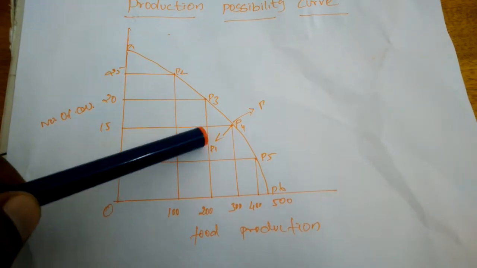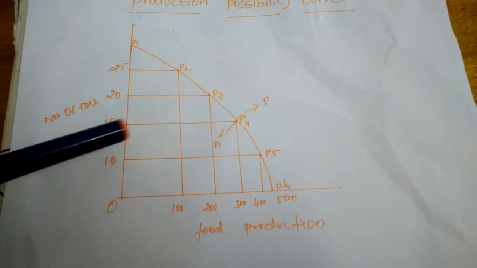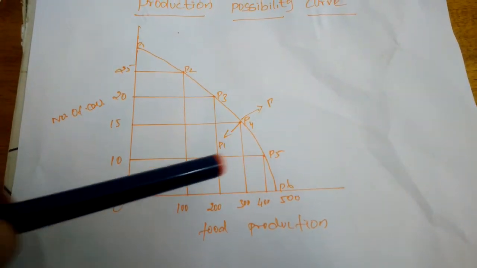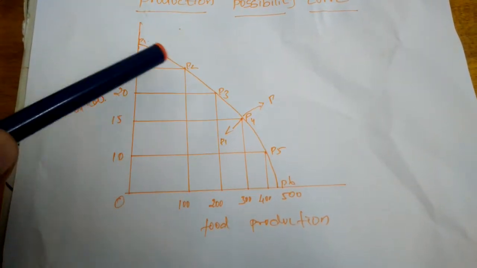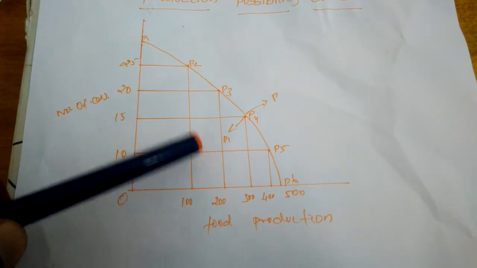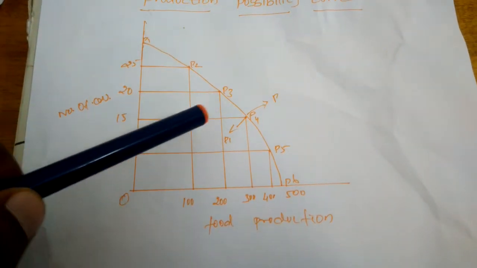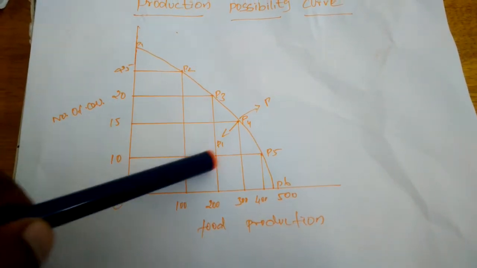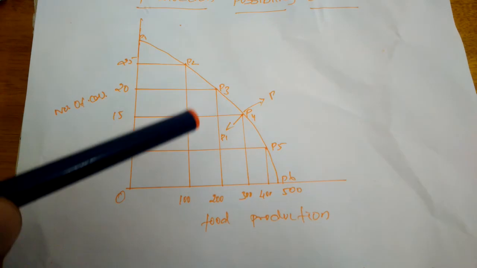Here we have to note one thing: no nation will select any point below the possibility curve, the locus of points. This curve is called the locus of the possibility curve. Below it, no nation will select any point,